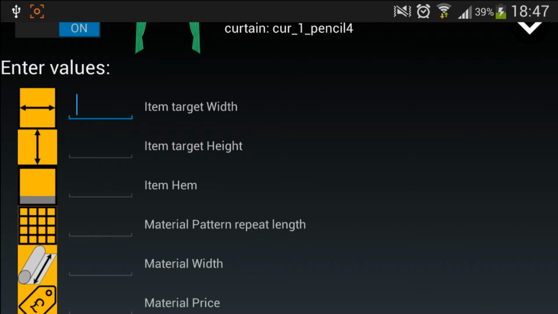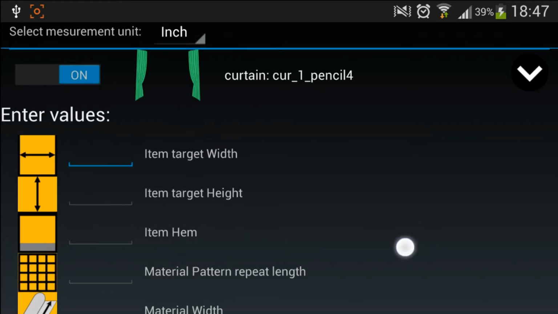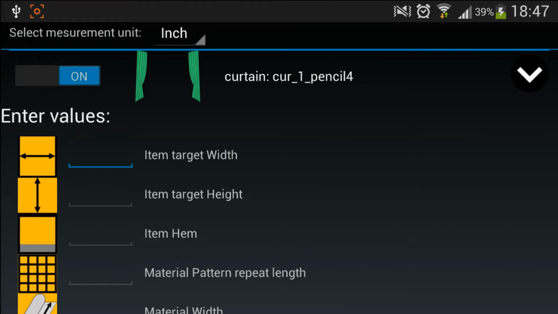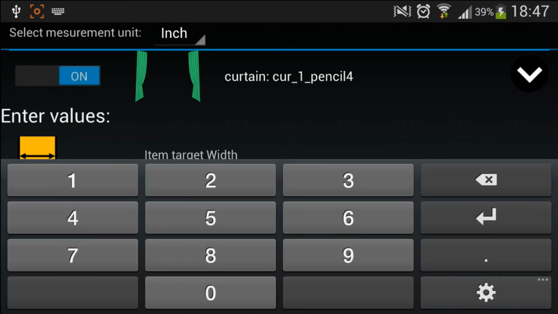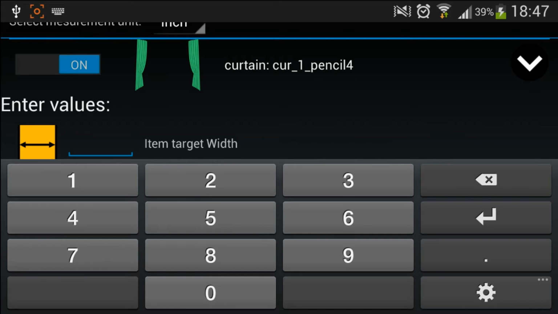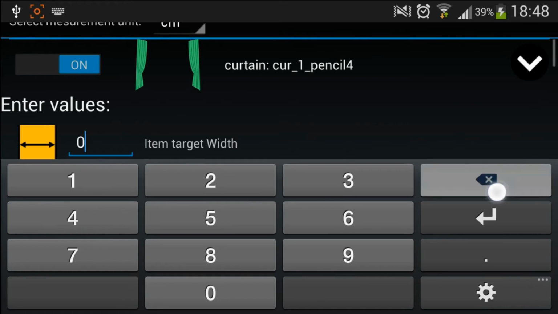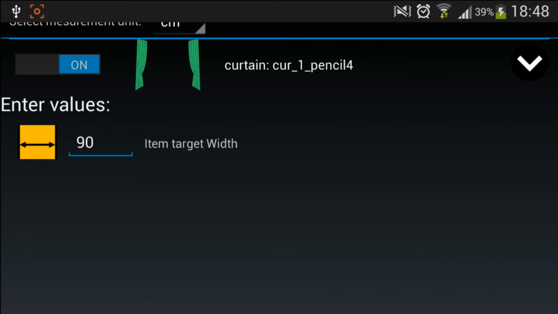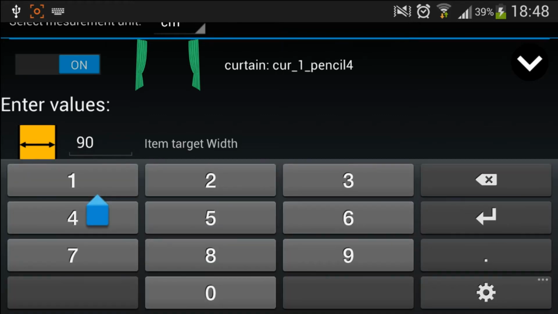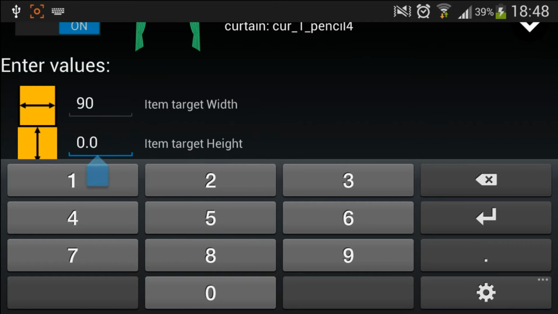We enter the values based on real window sizes. So let's say if our window size is, okay, just before that let's change it to centimeters and change it. Let's say our window is 90 centimeters. Our height of window plus the bottom of it, how we want to see the curtains, would be, let's say, 120.